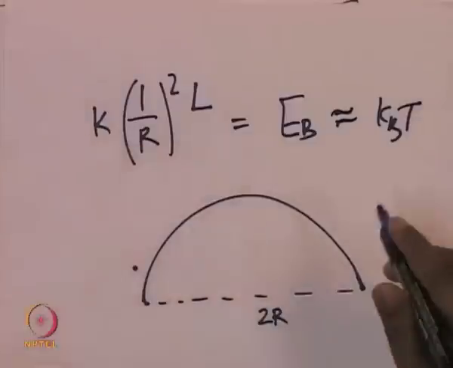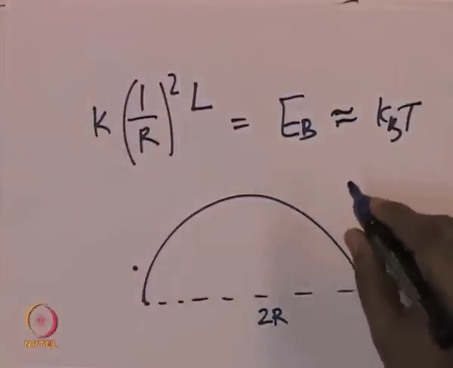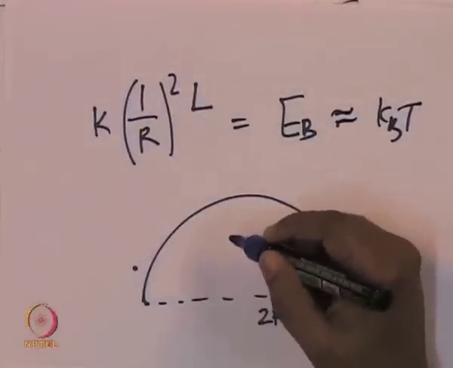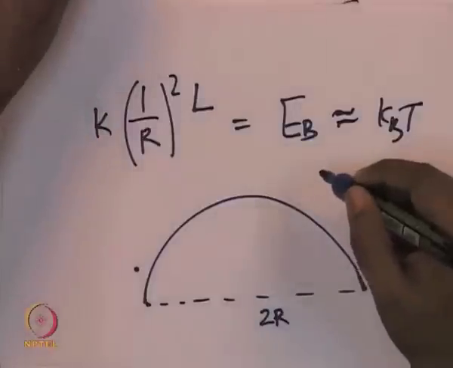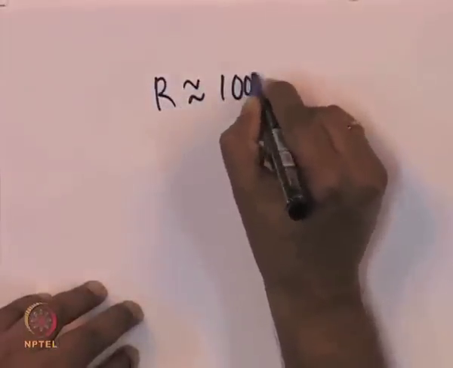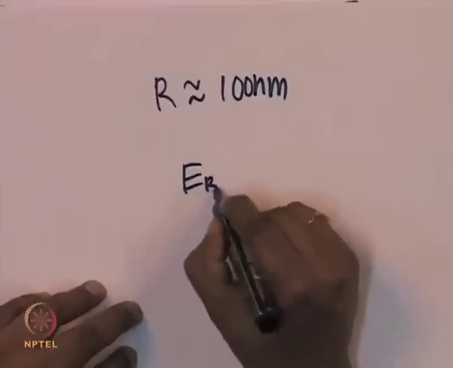I will not go into the detail of this because it is not the important point here, but even for the bending of DNA, you will find that when r is of the order of about 100 nanometers, the bending energy is